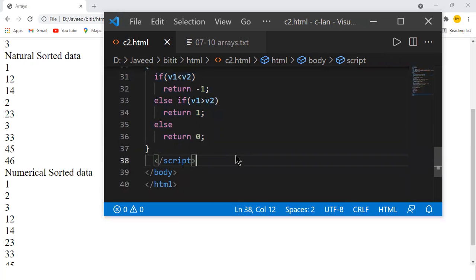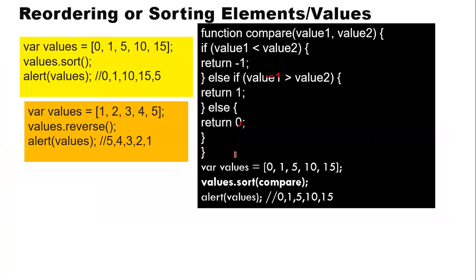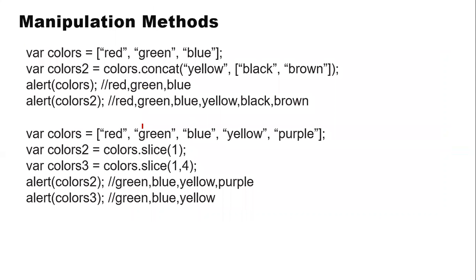Right, so this is the natural sorting. Either you want to have the natural sorted order, or you want the sorted order in the form of numbers. When you want to use them as numbers, it's always better to use this method: you define your function and then get the things done. Now, if you want the values sorted in reverse order, you can use reverse. For ascending order, you'll use the simple sort. For descending order, you can use the reverse function.